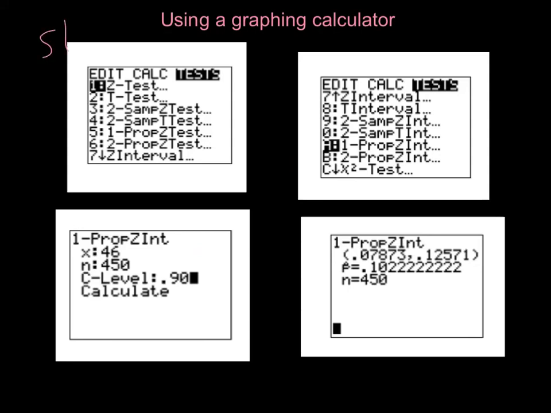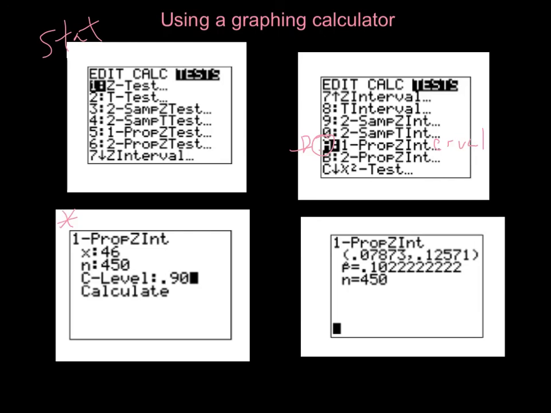We're going to go ahead and hit the Stat button, and when we hit the Stat button, that brings us to this screen. We scroll over to the word test, and we're going to arrow down. Down till we get to this letter A. You can either scroll down and hit enter once you get to A, which is a 1 proportion z interval, right? The rest of this is interval. Or you can hit alpha, and then the button below it is math. That would be alpha A, would bring you right to